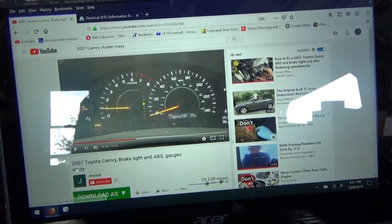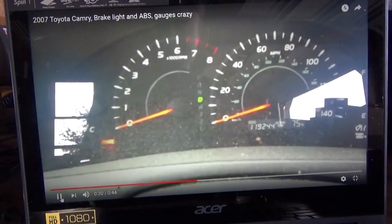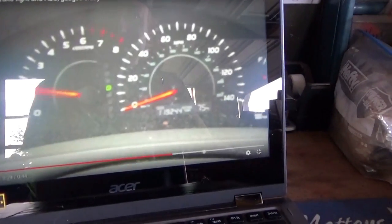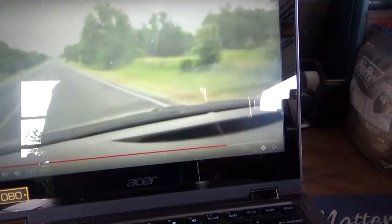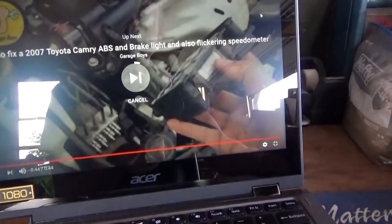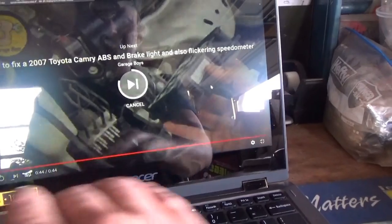Alright, here, thanks to YouTube, found a video that shows the exact same symptoms. So here the tach's jumping around, even the temperature gauge came down, the brake light is on, and the ABS light is also on, not the check engine light. Like the D indicator. So everything goes berserk. And the fix is replacing the ABS module. Now again, you might ask, what kind of diagnosis is that? But